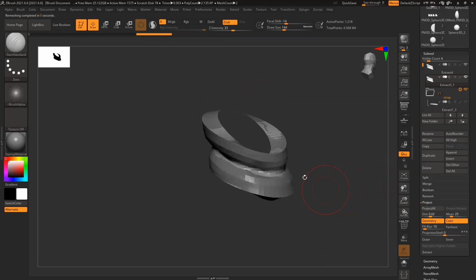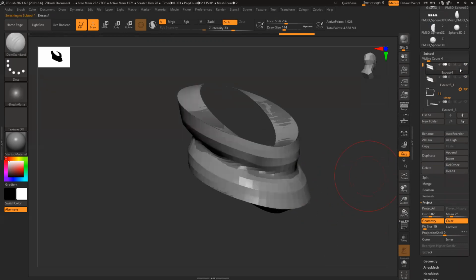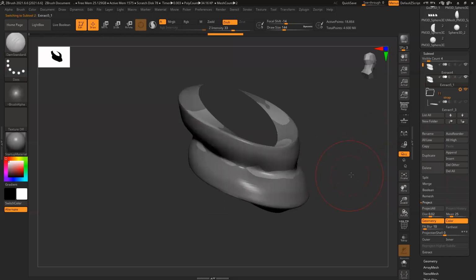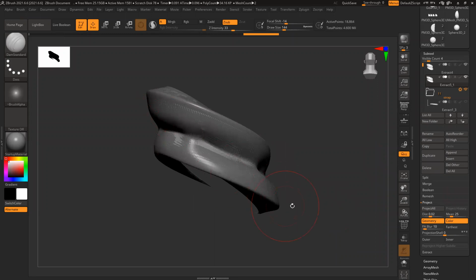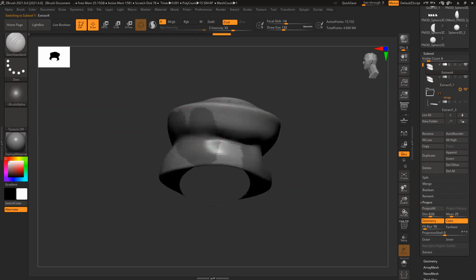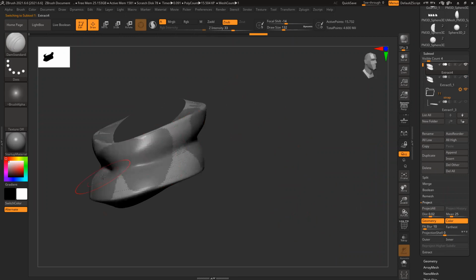So I have low poly and high poly. Select any one of them, project. Yeah, see, I projected, snap to the model. So if I go back to this model, let's create some shape. Something I created, go back.